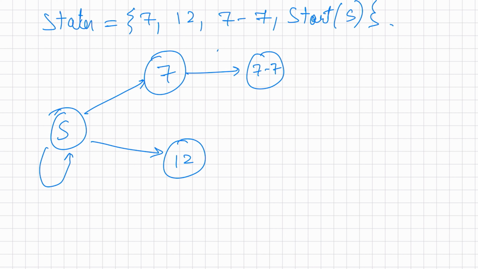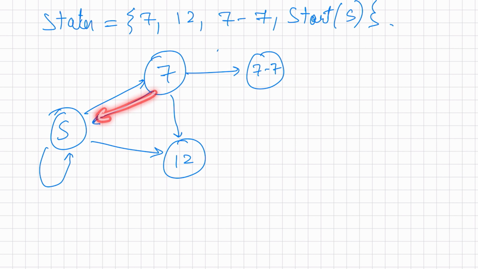Okay, so if they win, well, that's great. Let's see what the other possibilities are from this state, because we're going state by state. If you want to cover all possibilities for this one, yes, you can reach 7-7. What is the other possibility? Can you reach 12? Yeah, sure. After the first roll, it is possible the second roll comes to 12. So it's possible to reach state 12. Is it also possible to reach the starting state? That is basically after 7, you get anything else which is not 7 or 12. It's possible. Let's say you get 5, right? So you come back to the starting state. This is also possible. So I've noted this last arrow here that tells you that you can also come back